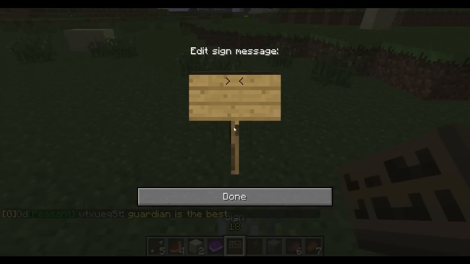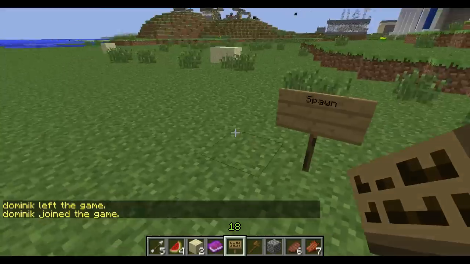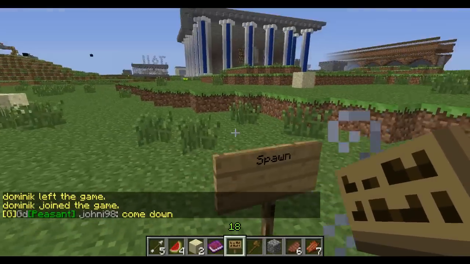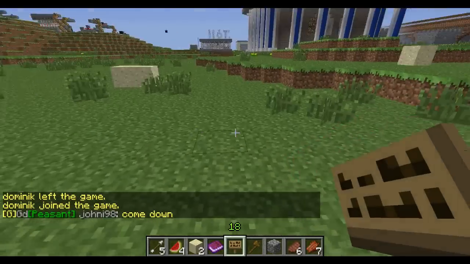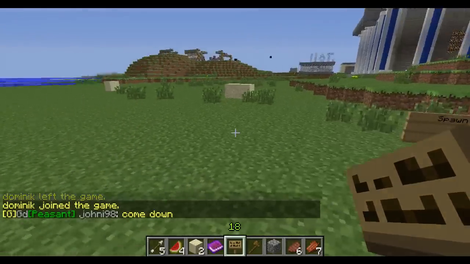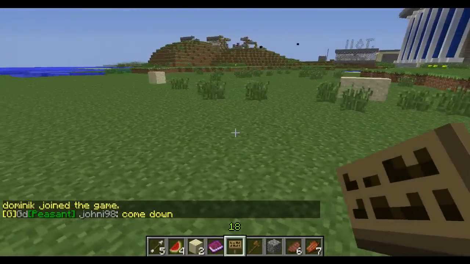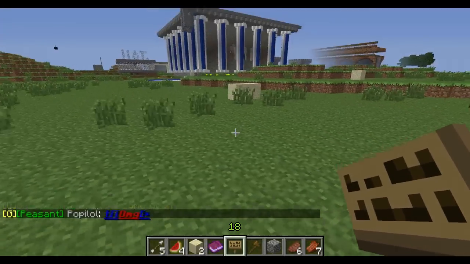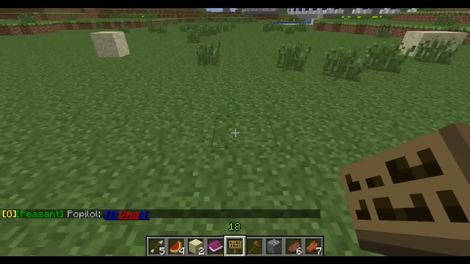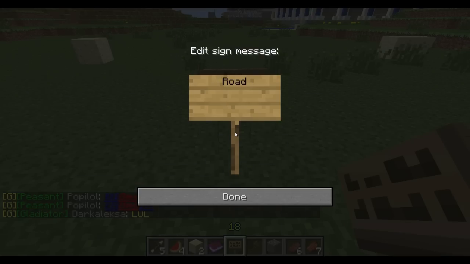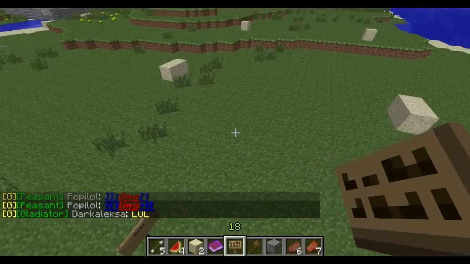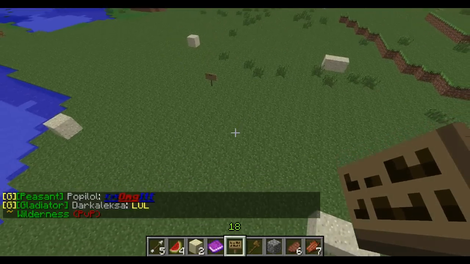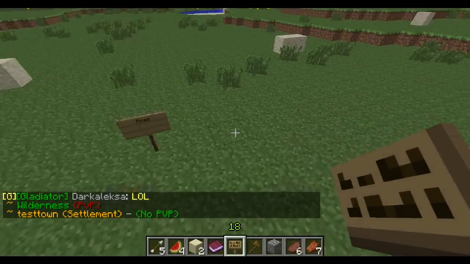So let's mark this as spawn. So this is where people will pop up whenever they teleport to your town. And then roads have to lead off of this spawn area, but let's start simple. Let's say this is going to be where our road leads off. Okay, so we would have the road leading from the spawn right here, and you have to make the road